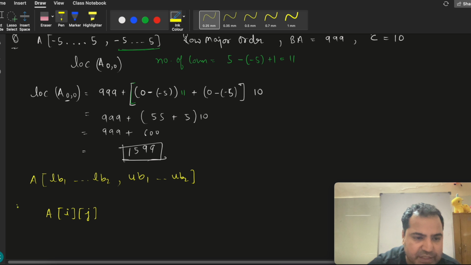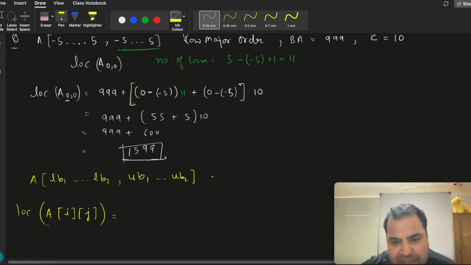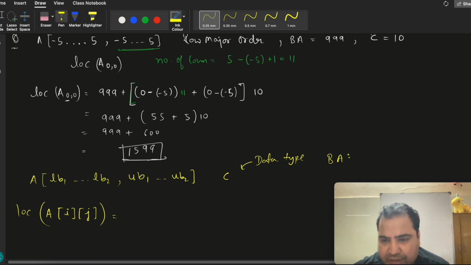Location of AIJ, right? Let's assume C is the size of the data type, and BA is base address, right? BA is base address,